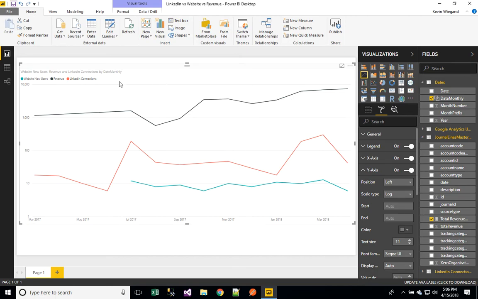There is the correlation between our website users, our revenue, and our LinkedIn connections. Whether that's useful or not, probably not. There's a fair few vanity metrics, i.e. new users and LinkedIn connections here. But what we have done is combined Excel data with an online service, with a cloud database service for a